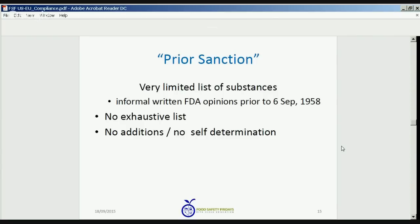Prior sanction is a very limited list of substances informally granted by the Food and Drug Administration prior to the 6th of September 1958, a very precise date when an amendment to that Food, Drug, and Cosmetic Act legislation was passed in a way that basically said that's the end of these informal Food and Drug Administration opinions about the safety of materials. If they've done it and it's a written opinion, they can still be used as prior sanction materials. There is a partial list available through the Food and Drug Administration,